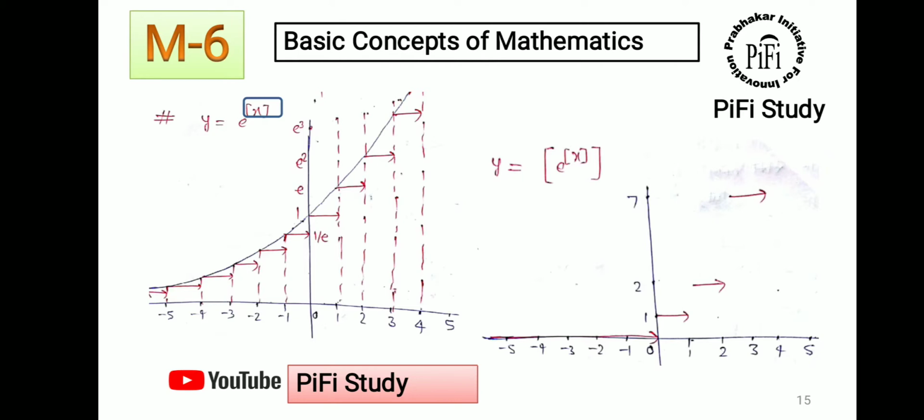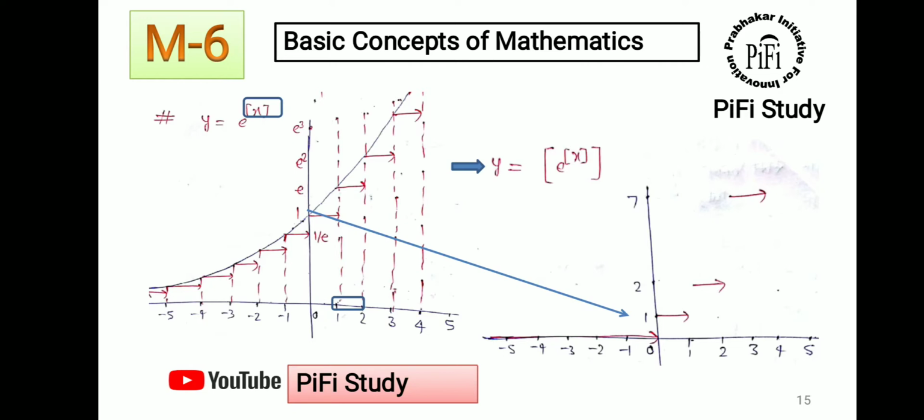greatest integer, like y is equal to greatest integer e to the power greatest integer x. So first do the same up to the e to the power greatest integer x, then when you will take the greatest integer of whole function, then see at 0 to 1 its value is 1 in this graph,